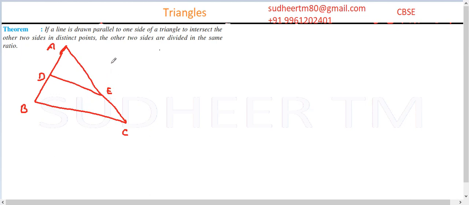Okay. Now the theorem is saying, if DE is parallel to BC and cuts the other two sides, then, important theorem, it is saying AD, top of the left, divided by BD, bottom of the left, is equal to top of the right, AE, divided by bottom of the right, EC. AD by BD is equal to AE by EC. This is what the theorem is saying. Okay, let's have its proof.